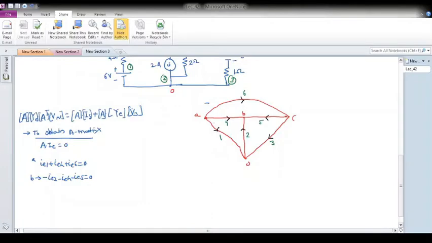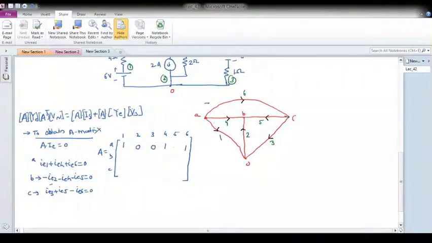Now let me write the KCL at node C. So two are outgoing, one is incoming. So at node C, 5 and 3 are outgoing, okay, and the elemental current 6 is incoming. So minus IE6 equal to 0, and from that I can obtain the A matrix, which row wise indicates your nodes A, B, C, and columns are your elements. Okay, so the number of elements or number of edges in the graph which you have. IE1 means this one is 1, 4 is 1, and 6 is 1, all others are 0.